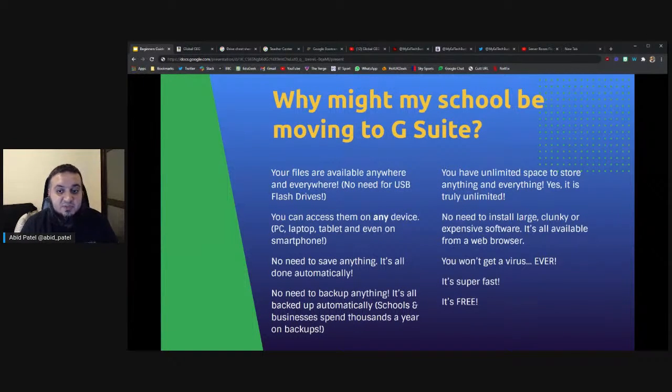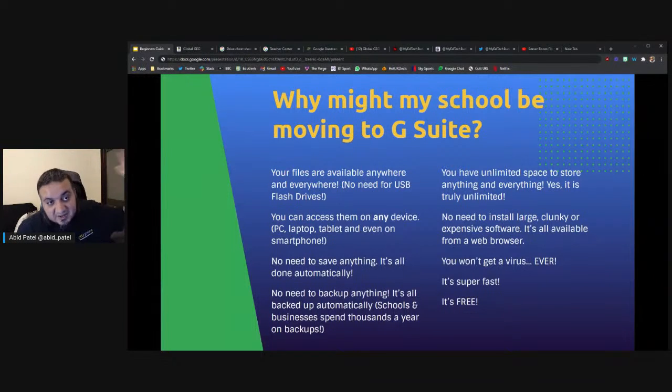Cloud computing has been around for a couple of years now, and to put it very bluntly and simply, it's a case of moving what is your regular on-premise system, so your server in a server room somewhere, or even your computer or laptop at home on your table. What you will find is G Suite or cloud computing is just your computer, but